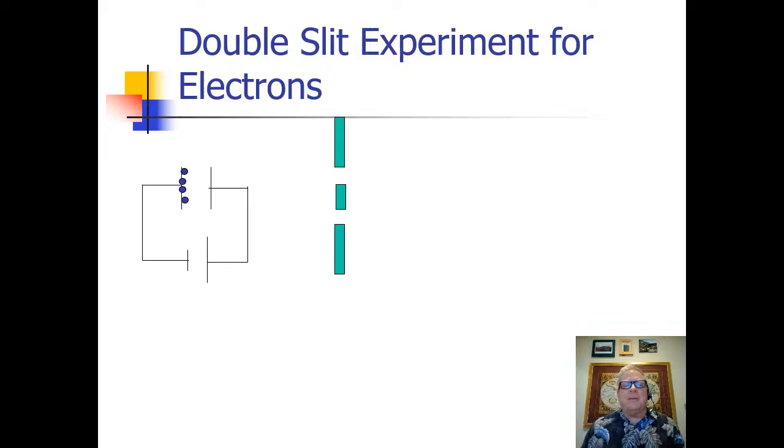The definitive experiment that demonstrated the wave nature of light was the double slit experiment. If you recall, this was the experiment where a light beam is shone through two slits, and the light going through the different slits forms an interference pattern at a distant screen. This is something that only happens with waves. Particles don't form those interference patterns of bright and dark fringes. So what would happen if we took electrons and had them go through a series of slits, double slits?